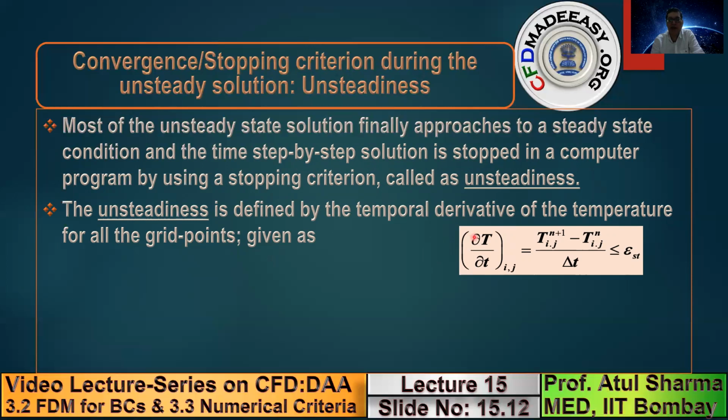So note that instead of taking the temperature difference to check whether our solution has reached steady state, we take the time-wise derivative of temperature. When del capital T by del small t approaches 0, only then do we say that we have reached the steady state condition. If you do forward differencing in time, note that the spatial coordinate does not change for a particular point i comma j. By forward difference, it is the temperature at the new picture n plus 1 minus the temperature at the old picture n, divided by delta t.